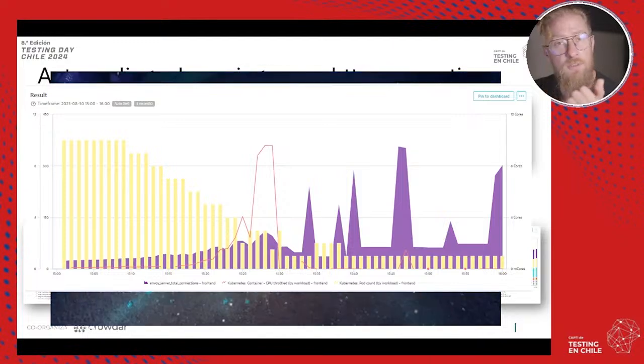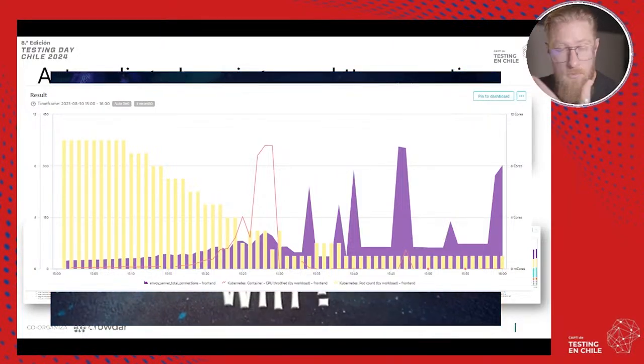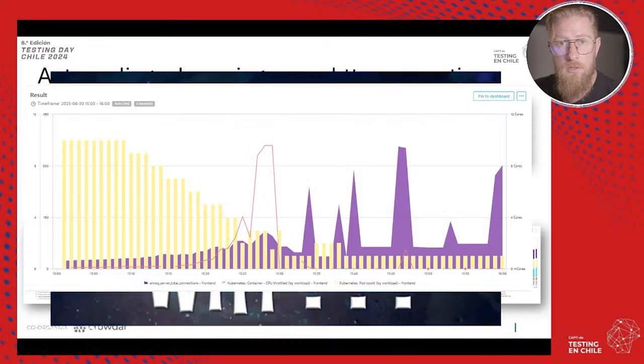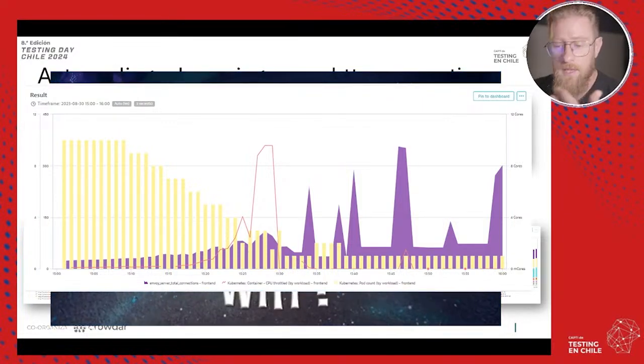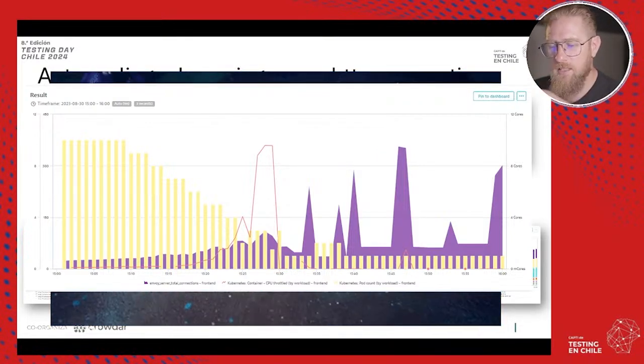So at the beginning, it's very fast, so we get a lot of TCP connect. So at the beginning, the HPA says, "Oh, okay, there's a lot of TCP connect. Let's add more replicas." So you can see here at the beginning we have more replicas than expected, and then